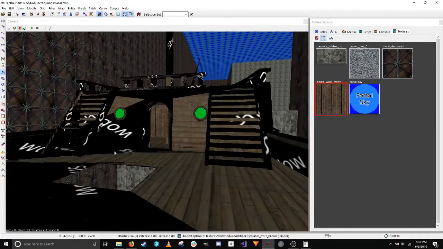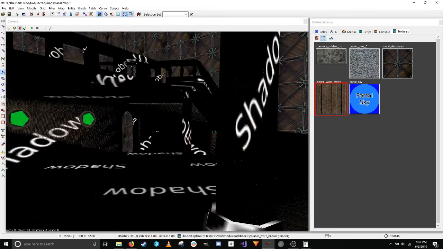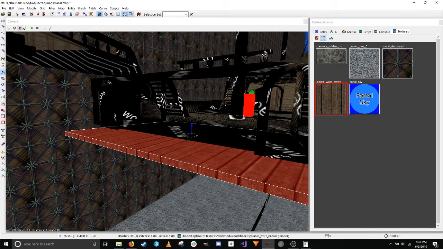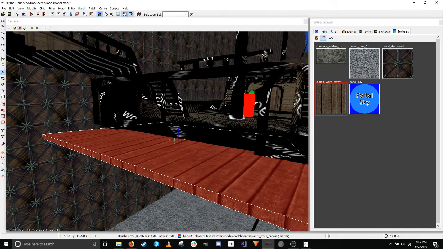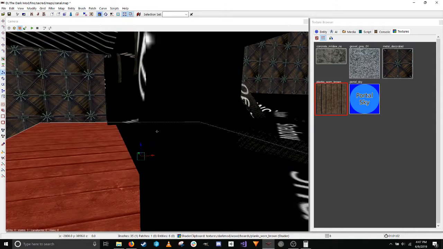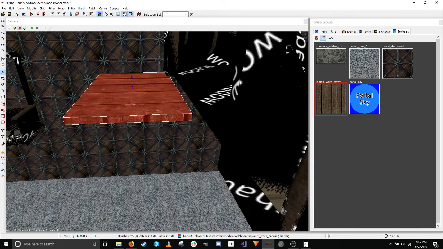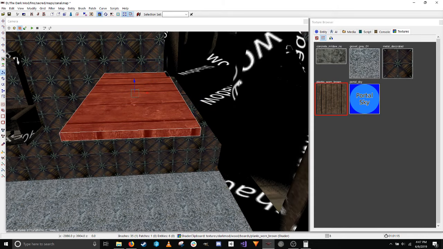Okay, so it'll be the same height as this. Drag this up. Move this over. Actually, I'm gonna delete this, but the nice thing about this is that